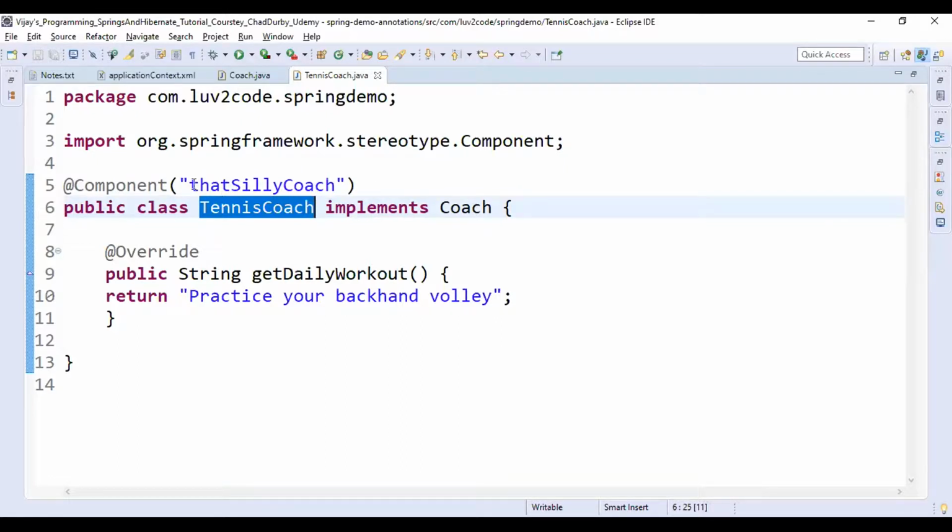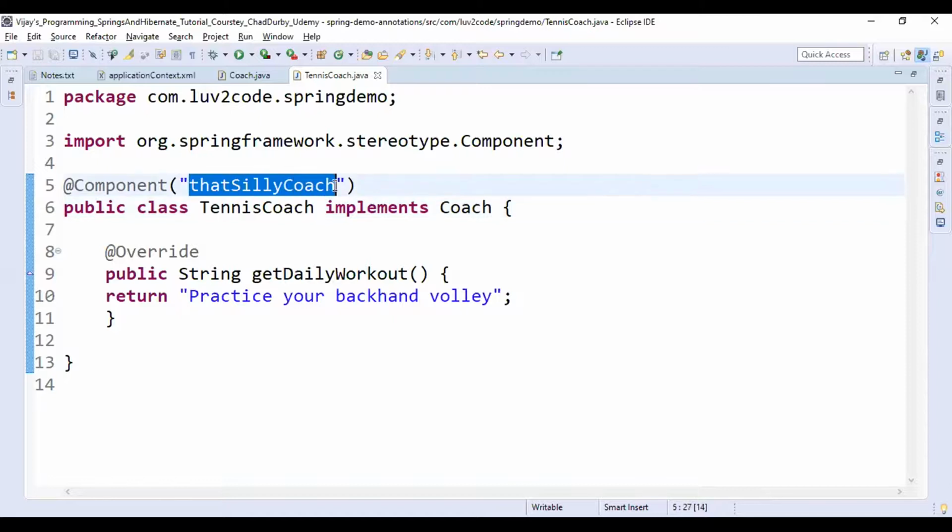And this is the bean ID we have specified, that is that silly coach. The annotation name we have used is @Component, and within double quotes we have supplied that silly coach. This is the bean ID.